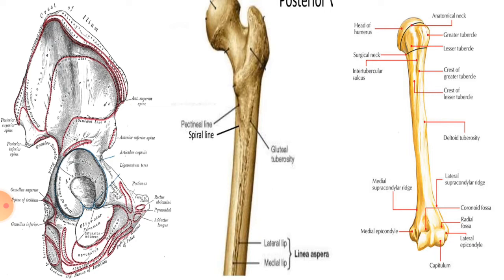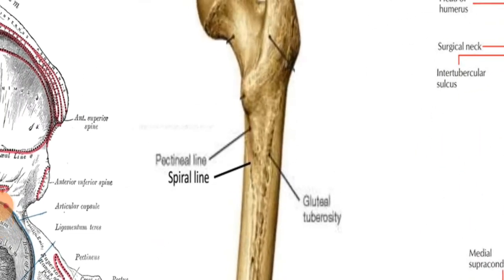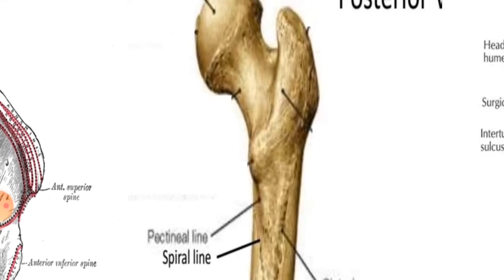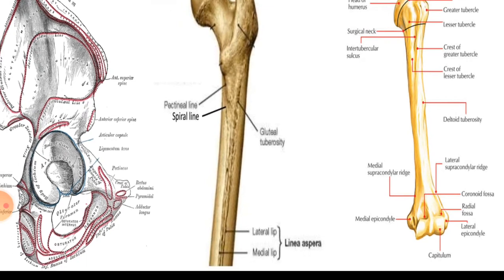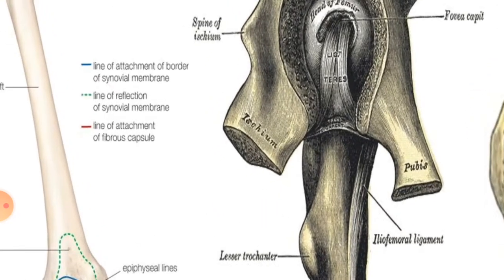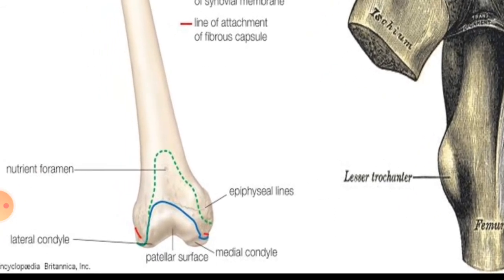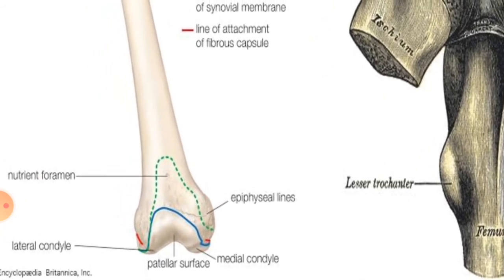Rounded heads, we know that examples are the ball of the femur and humerus. You can appreciate in these diagrams the rounded articular part of the femur that we are calling the articular facet, the rounded articular facet, and this is the rounded articular facet of the humerus. If we talk about knuckle shape, here you have the condyles of the femur, and these are knuckle shaped condyles of the femur, and these are the articular facets.